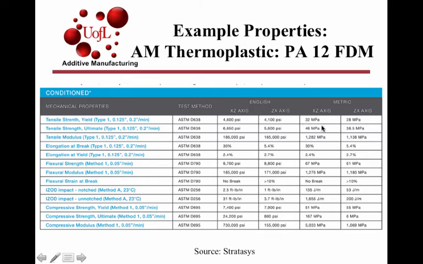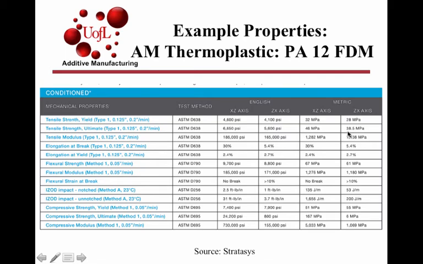It is closer to 50 in one direction, but below 40 in another direction. Depending upon the print conditions and the printing method, when you compare SLS and FDM, you can have different levels of anisotropy in properties for the same material